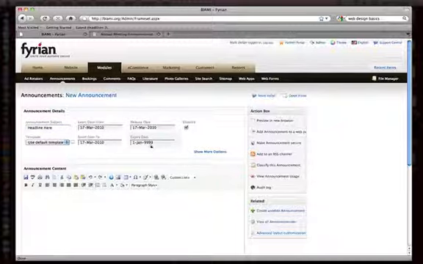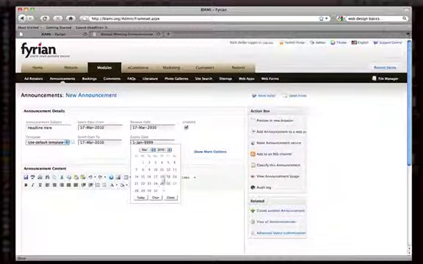The release date and expiration date is when you want it to go online and when you want it to come offline. If you want this to be online indefinitely, then just go ahead and leave these exactly as you see them. If, however, this is related to a specific event, let's say it's a conference that's coming up, and you want it to automatically come off after that date, you can go ahead and click on expiration date, select the year, select the month, and then select what date you want that item to